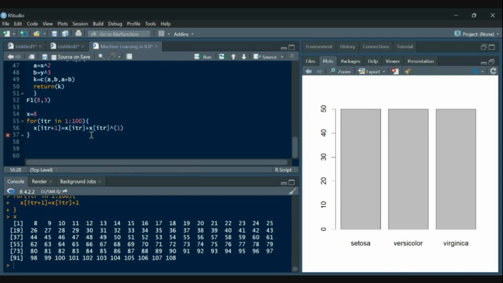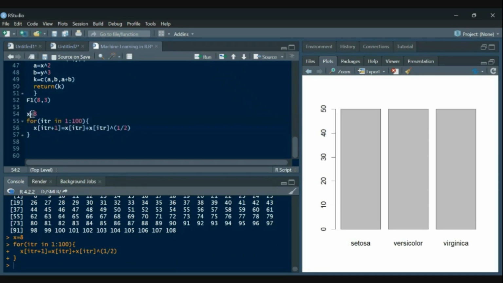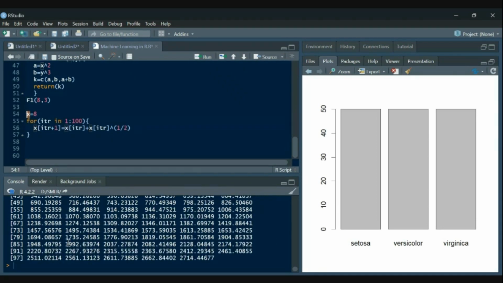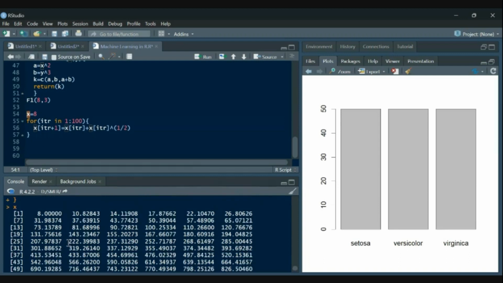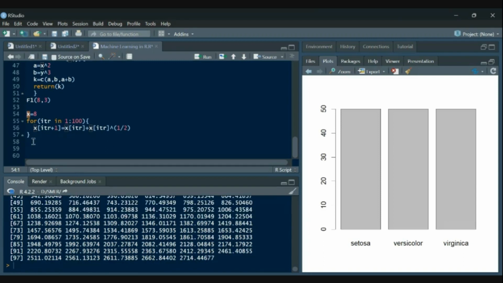Right now I am using 1 by 2. So let's see what it gives us. So 8 plus square root of 8, then this plus square root of this particular value, and so on. It keeps on adding. So we have just created a simple for loop here.